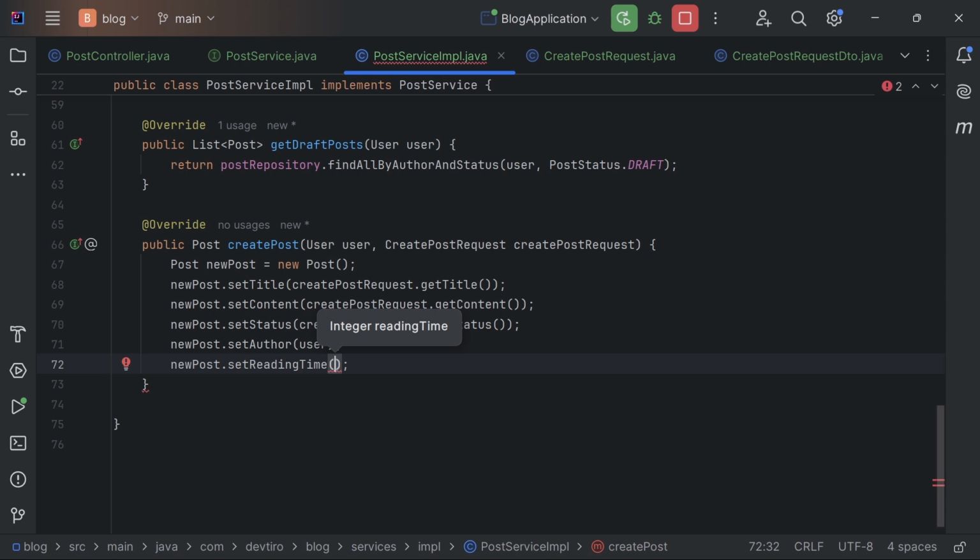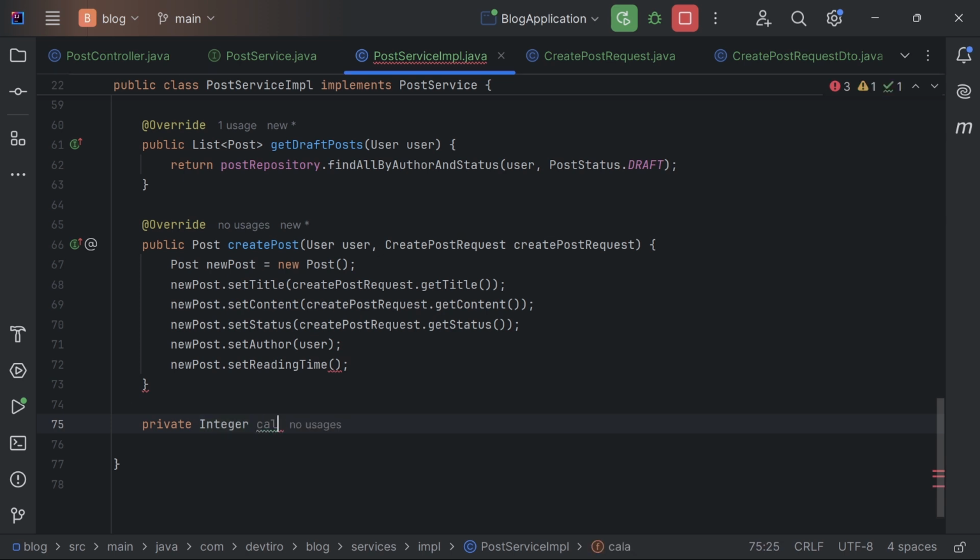We'll calculate that when we save it, and that will save us from having to recalculate it every single time we get the post from the database. So let's just create a very simple private method to do this estimation for us. Of course, you can make this as detailed as you like, but we'll just go with a very simple implementation to begin with. So we'll call this method calculate reading time, and it will accept the string of content, returning